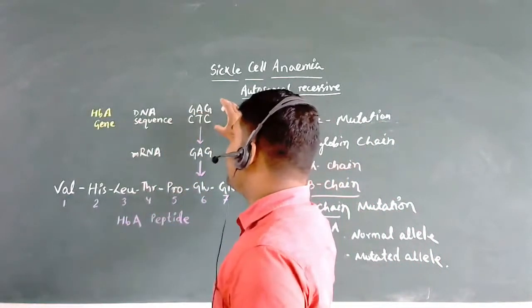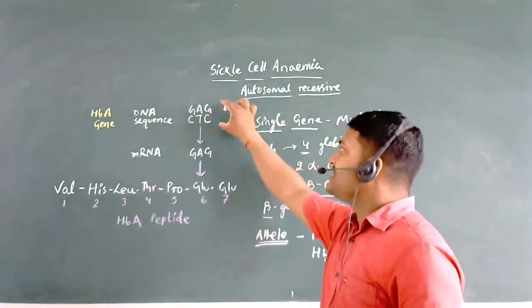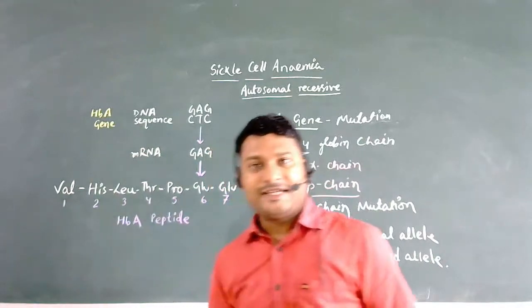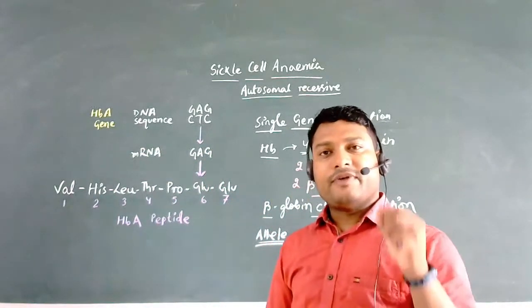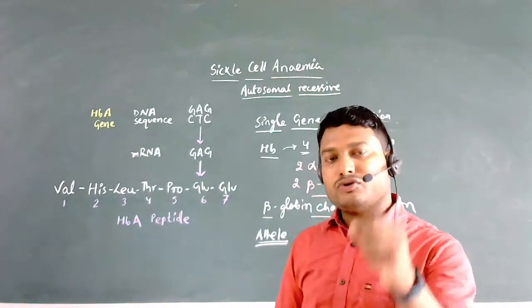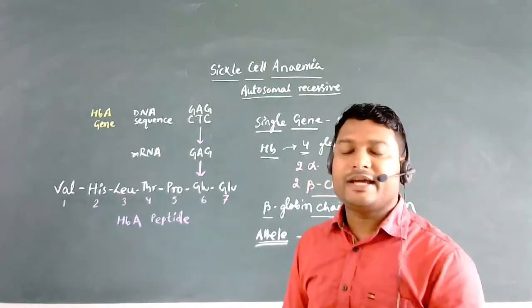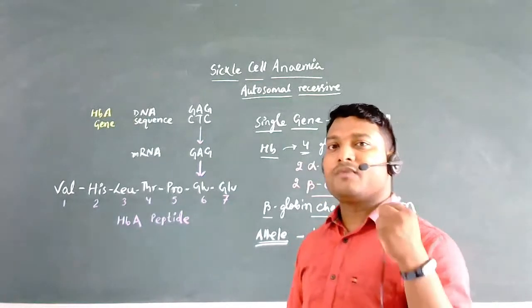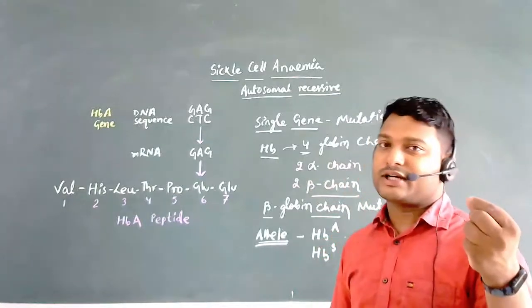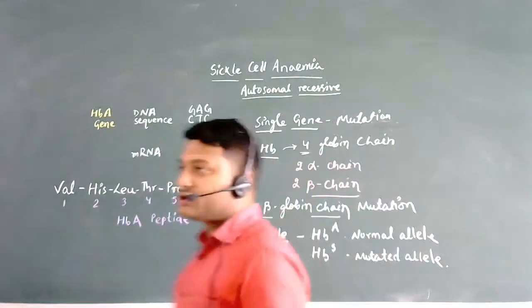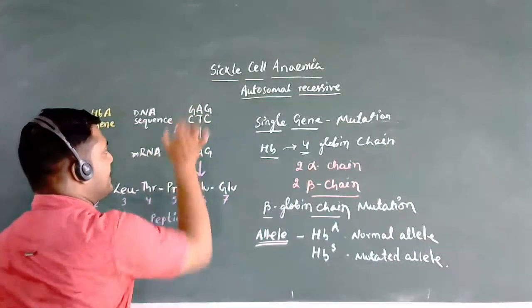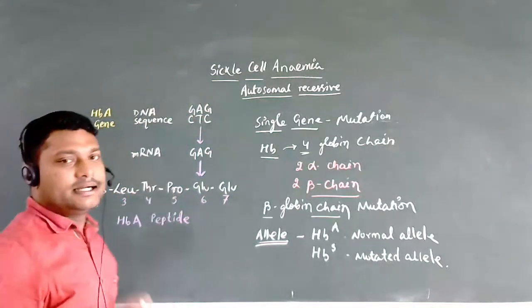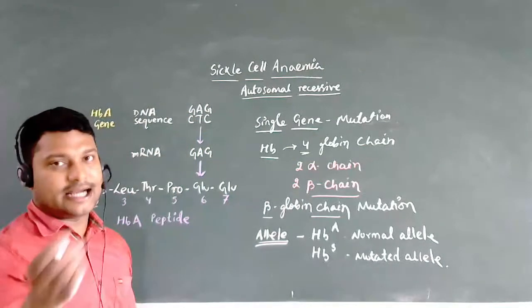So what we have here is a relevant portion of the sequence of DNA of the HBA gene. Now you all know that when we talk about the DNA, there are 2 strands, and the 2 strands are going to have 1 strand of coding sequence and 1 strand which is going to contain the template DNA. So here also we are going to have the template DNA, and we are going to have the coding sequence or coding DNA, the coding strand, we can say.